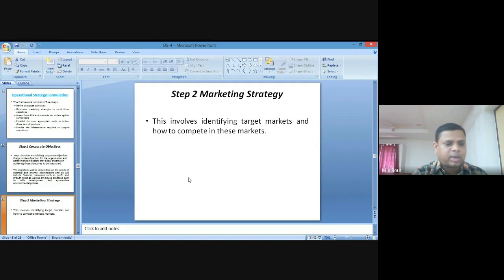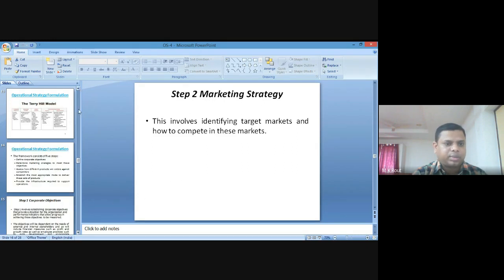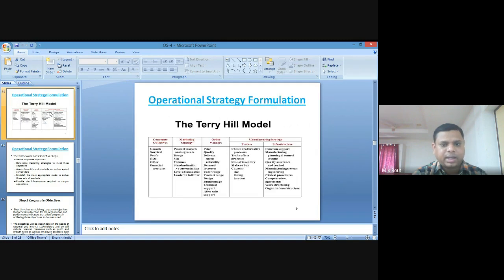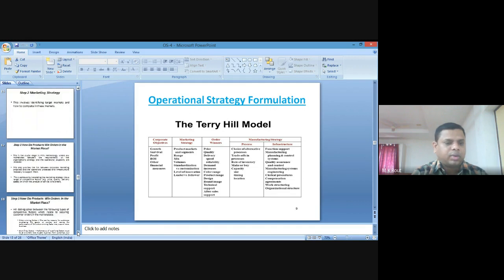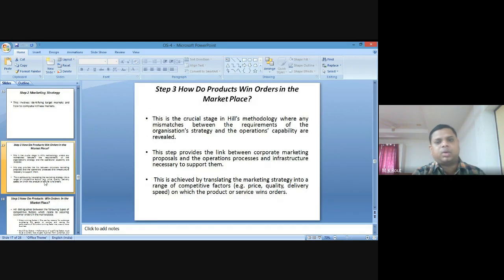So if you think about market strategy, as I told in the last slide, that means product market, range, mix, volume, standardized and customized, level of innovation, leaders and followers are basically included. So moving to the third one, in case of order winners, or product wins order in the marketplace,